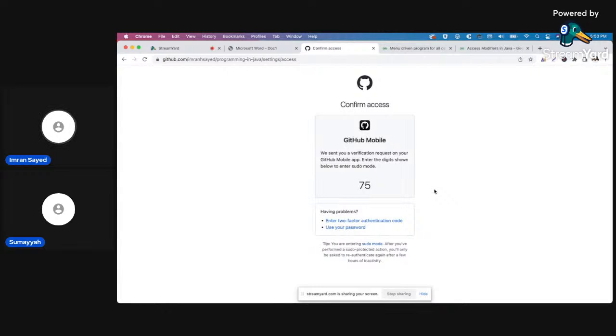Always keep two-factor authentication. It always helps to be safe. Do you have the GitHub app on your mobile? No. Okay, you can have that. But then you can do the two-factor authentication through mobile only. Confirm digits.